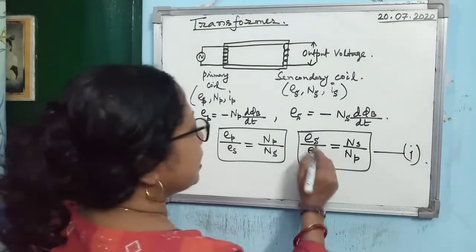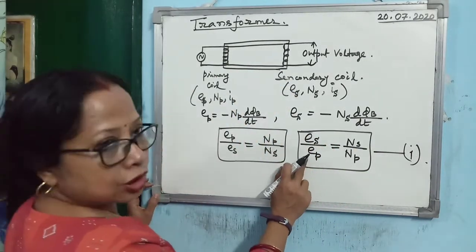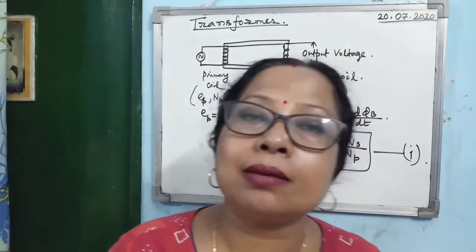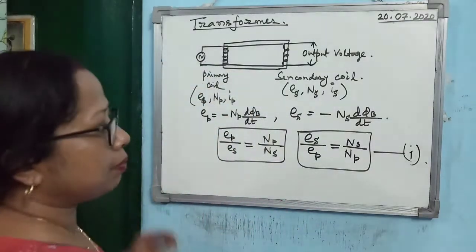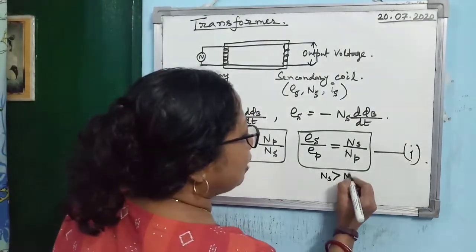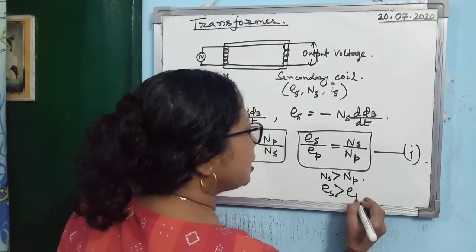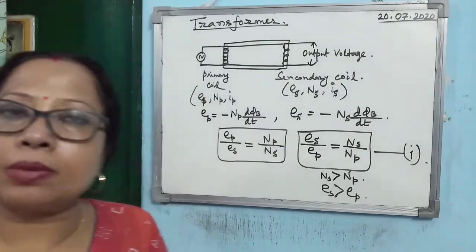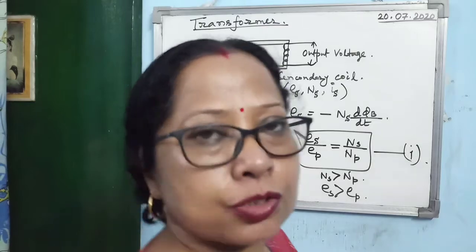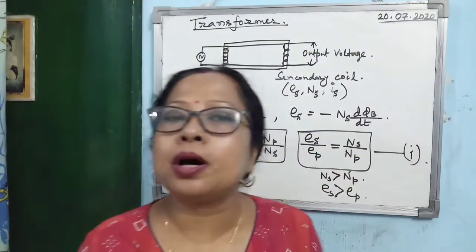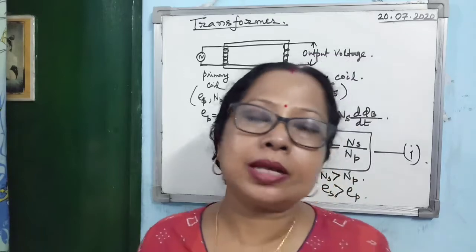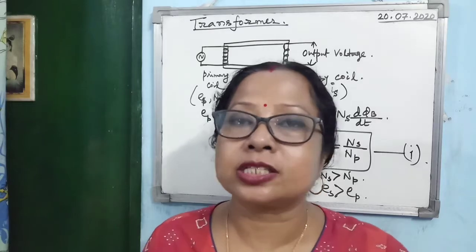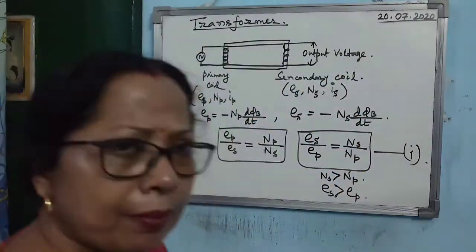Now in this case, if you make NS, the number of turns in the secondary, more than the number of turns in the primary, then what will happen? You are making NS bigger than NP, so you see what is happening? The output is becoming bigger than the input. That kind of transformer is known as a step up transformer. Now in which substation is a step up transformer used? I hope you can remember. A step up transformer is used only in the grid substation. Alright, I am coming to the next point.